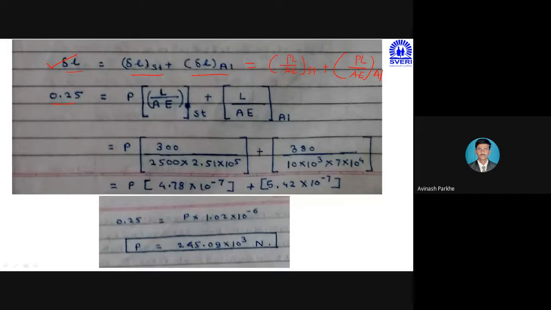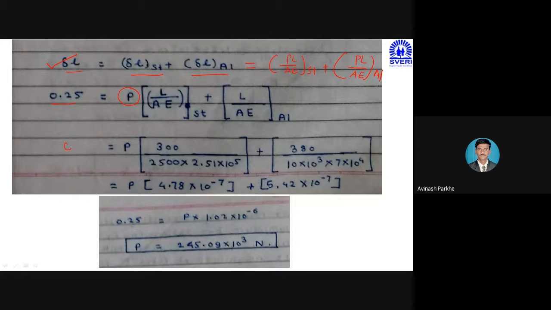Therefore what I have done, this P I have taken outside the bracket. So in the bracket, which parameters are remaining? Length of steel upon area of steel into E of steel. In the previous two problems, only one Young's modulus was there, because all three sections were made of the same material. But here, steel material is different, aluminum material is different. Therefore, E of steel and E of aluminum are not constant, and in this particular numerical it is not possible to take Young's modulus as a constant parameter. Okay, therefore E of steel and area of steel come inside the bracket.